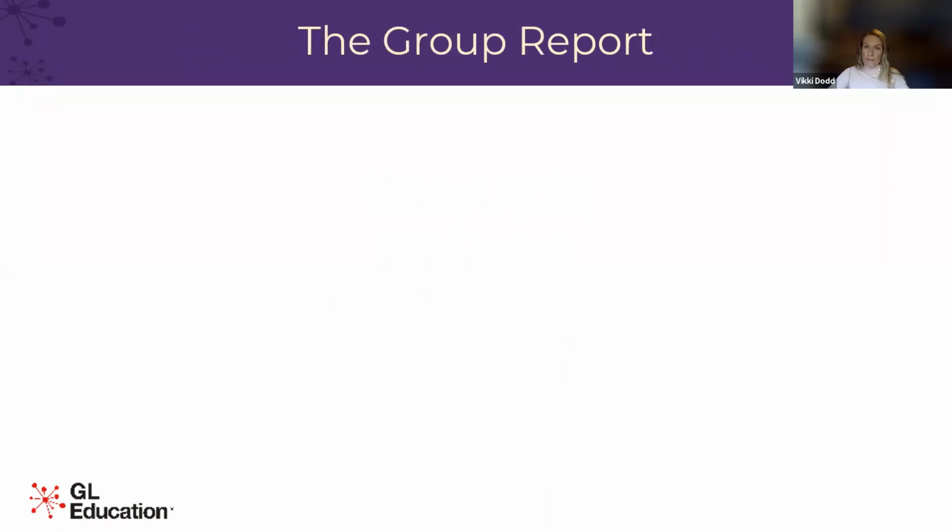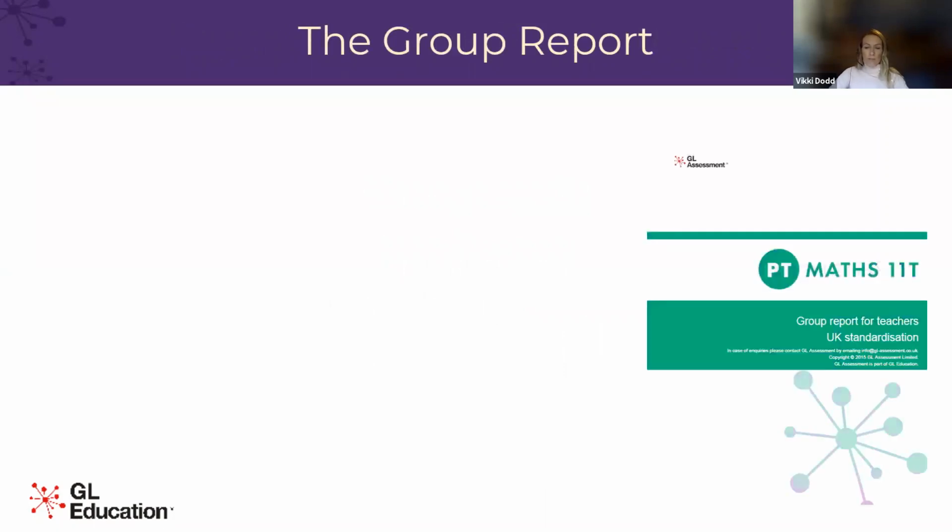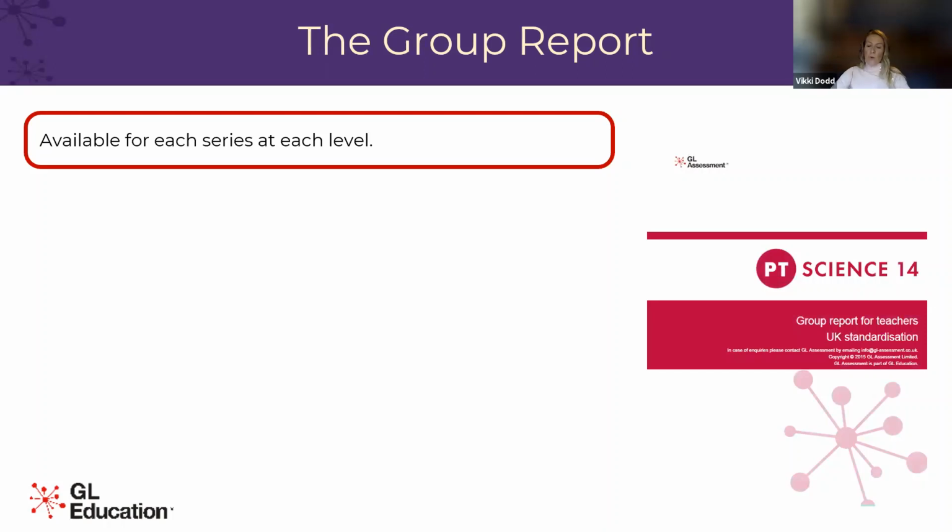Now, firstly, we'll look at the group report for teachers. This is available for each of the progress test subject areas and levels. It is important to understand that different subjects and different levels cannot be combined in one group report. The group report can be used to collate results for a particular year, group, class, demographic groups such as Emirati,